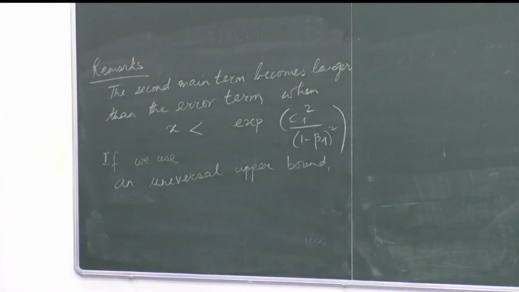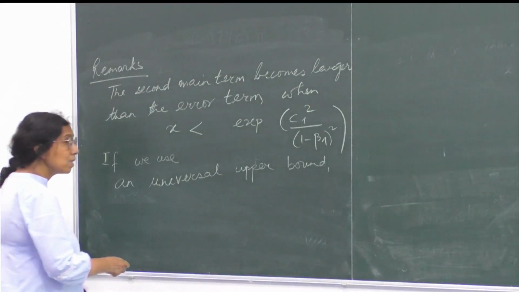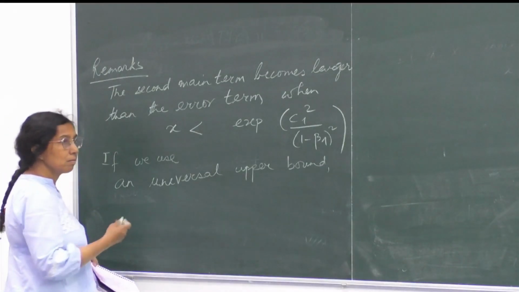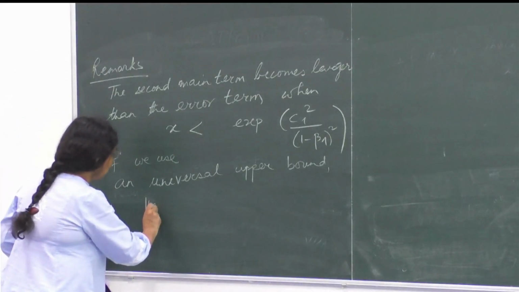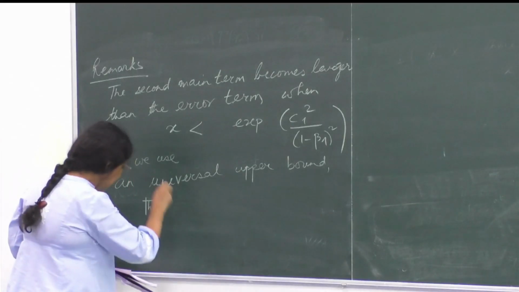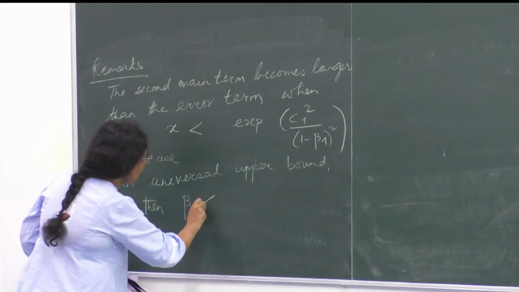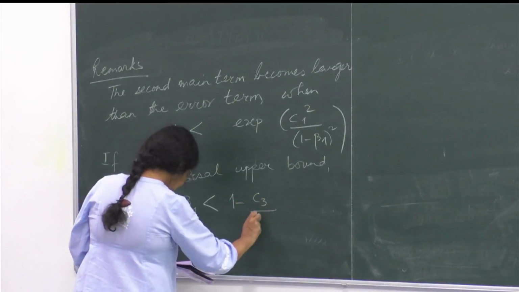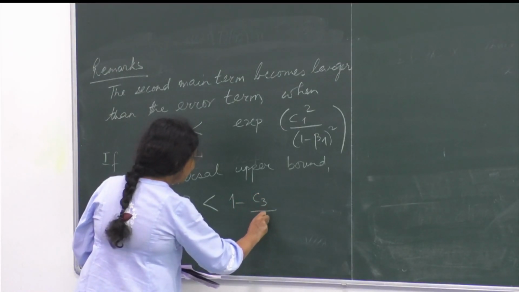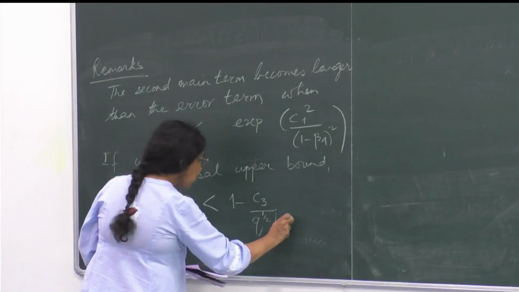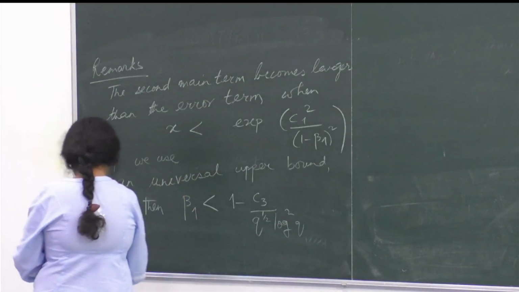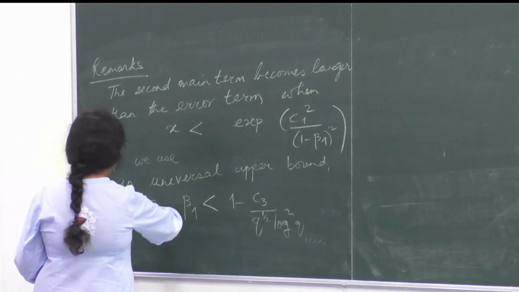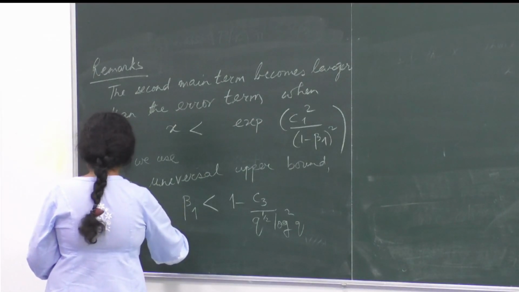Then what happens? Some constant over q to the power half log square q. Bound beta 1 less than this. Then